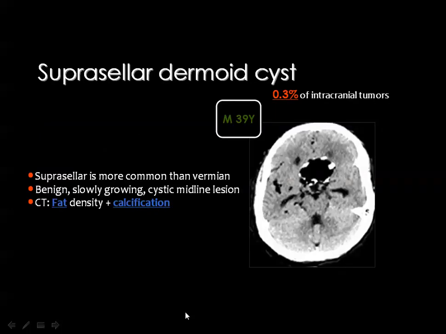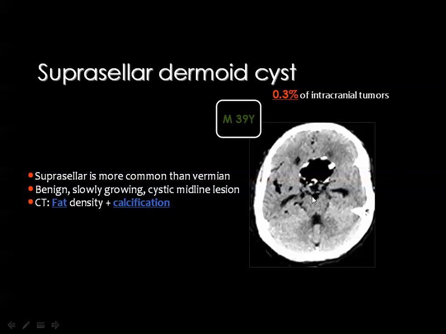Then suprasellar dermoid cyst. Dermoid is one of the midline structures and midline pathologies, and it is usually diagnosed by the presence of fat and calcium. And you should remember that MRI is insensitive or less sensitive for the detection of calcium. Then for the diagnosis of these lesions you may need CT. Then this is a suprasellar lesion which is containing fat and the calcium,